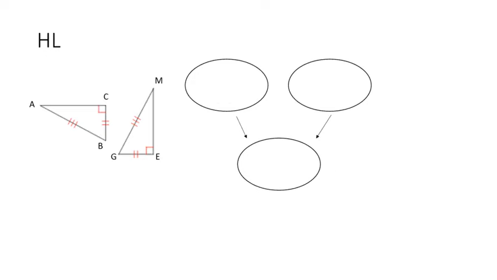And our final example is HL, which stands for hypotenuse leg. You can only have hypotenuse leg when you have right triangles, so make sure that you have right triangles, and notice that in HL you don't have as many bubbles. You only need 2 bubbles at the top, and then I'm going to put HL at the top. H stands for hypotenuse, so my hypotenuse is AB is congruent to GM,